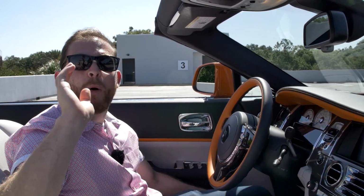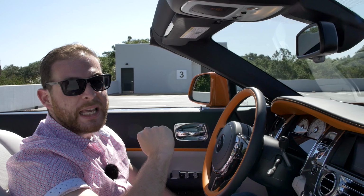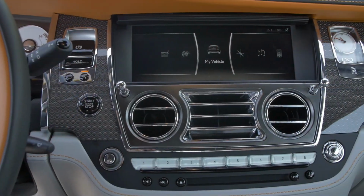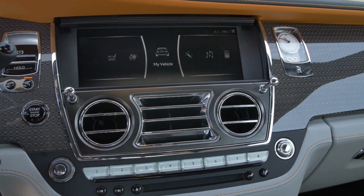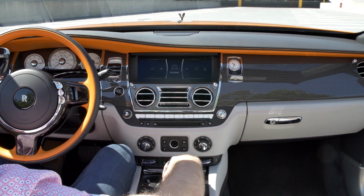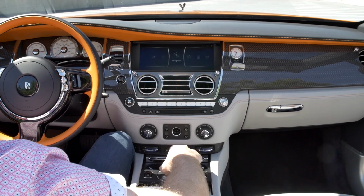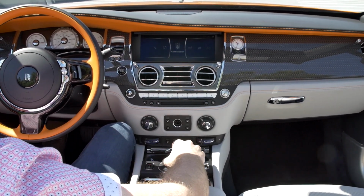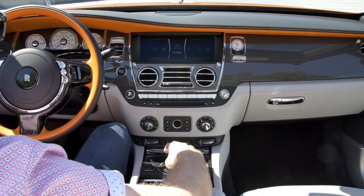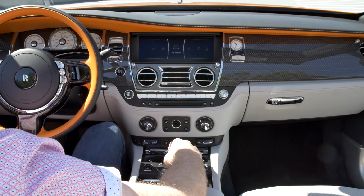Now, if I do have but one complaint about this car, it's going to be with the technology. This is one of the older Rolls-Royce models in the lineup right now, and you can feel that with things like the infotainment system. Here in the dash, we have a 10.25-inch screen. It's controlled using this very iDrive style controller because, of course, BMW owns Rolls-Royce. This controller does feel a little bit nicer because it is leather wrapped and it has glass buttons around it, but it's not a touch screen like some of the newer Rolls-Royce models. It does have Apple CarPlay, wireless connectivity, but this interface is definitely dated compared to some of the newer Rolls-Royce